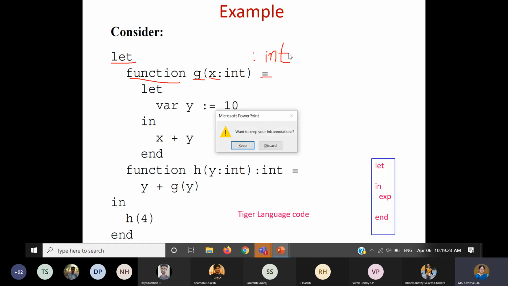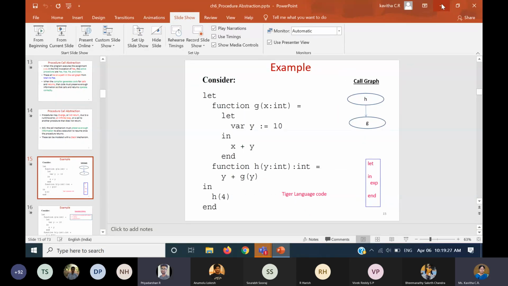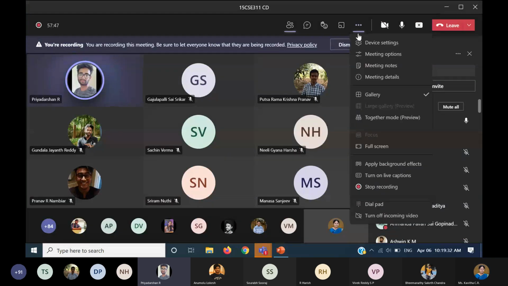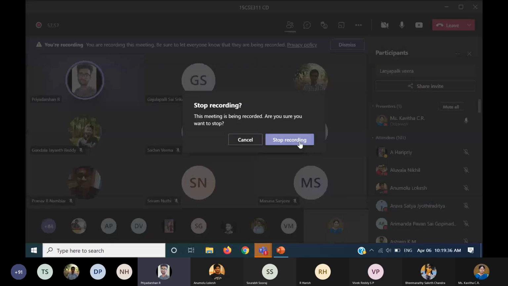Is that clear? Whatever you asked, the doubt? Yes, ma'am. Like initially, when we are calling the function, we pass the formal parameter. Then next, when we call, we can pass anything like a, b. First, when we are declaring,